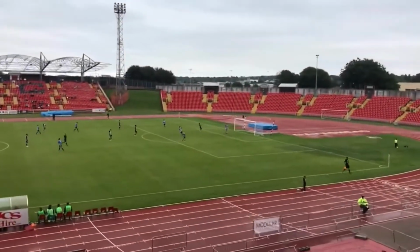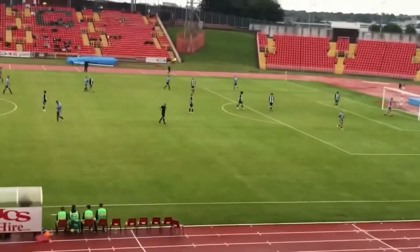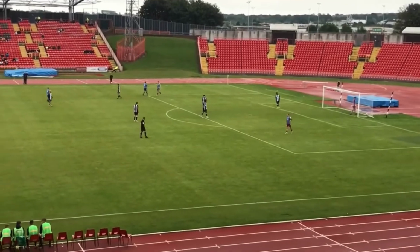Yeah! What a finish! Get in! What a finish